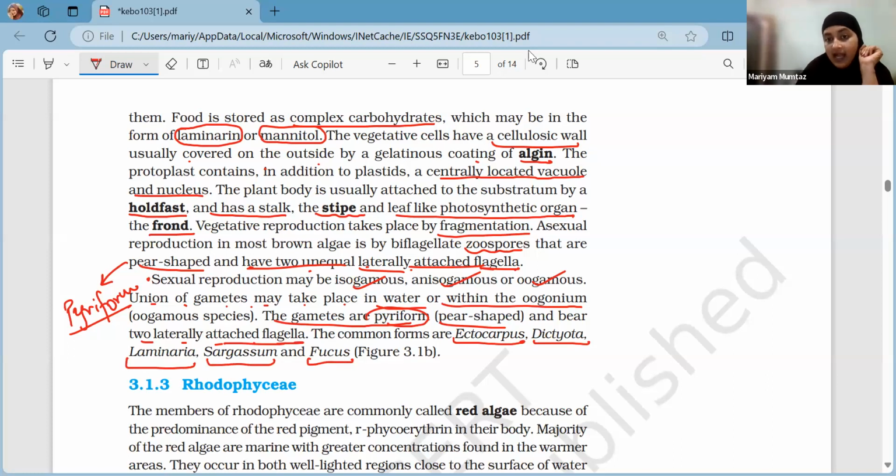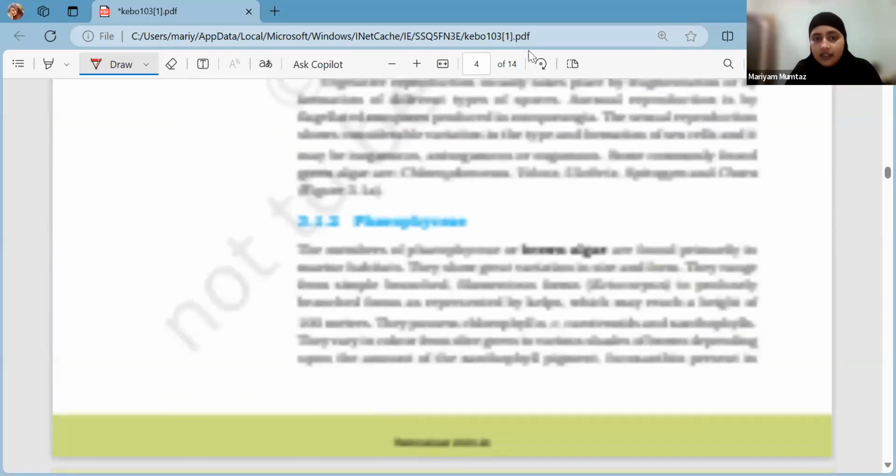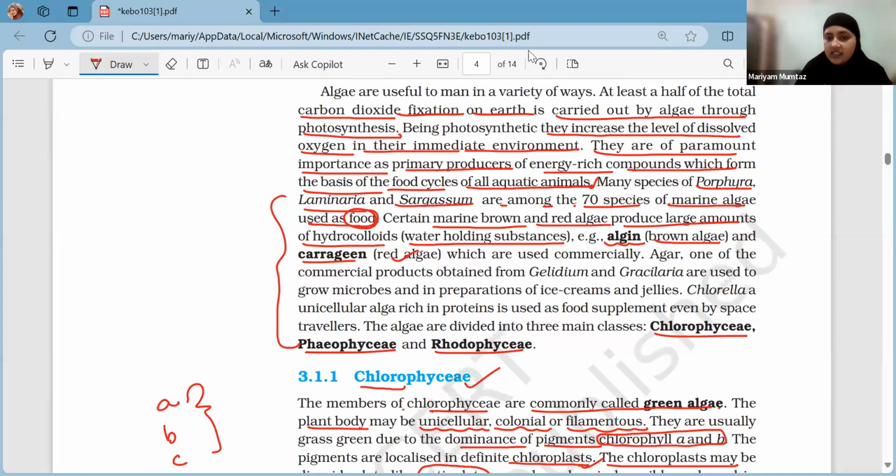Clear? And this algae, this is the one that has high water holding capacity. It is a hydrocolloid. Okay, like how we discussed earlier. This one. See, water holding substances, algae. It is of very importance to us humans because we can, you can say, exploit everything that is there. So this algae is also one way of how we can exploit even algae also.